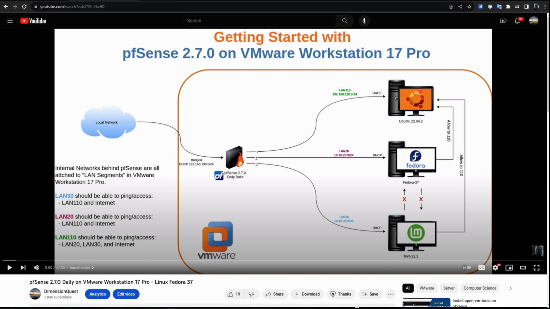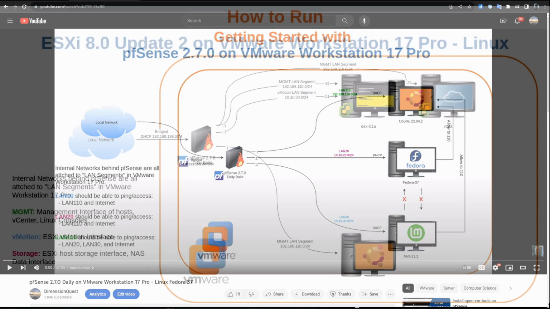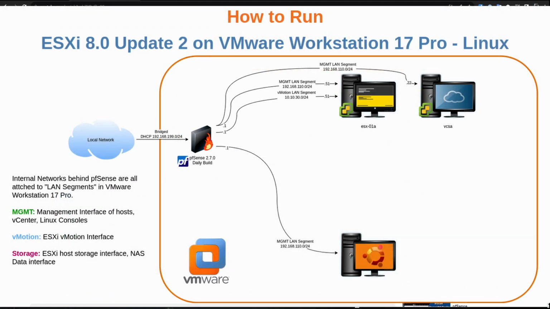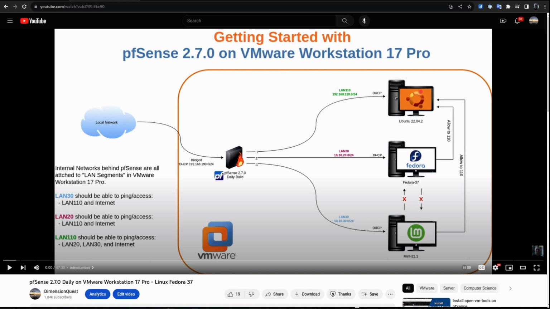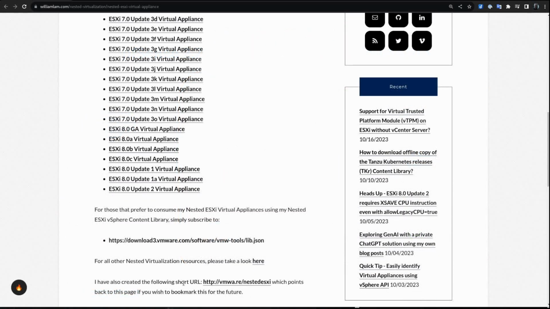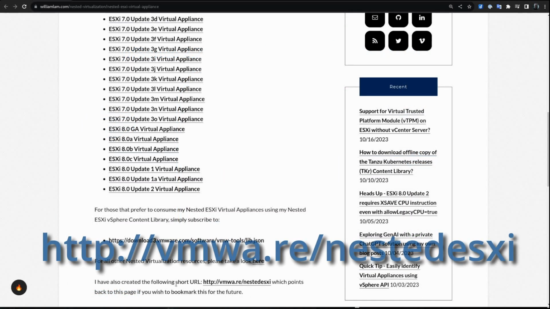So now I'm going to take another step in the direction of actually having this as a home lab under VMware Workstation by adding an ESXi VM to this environment. Now, this is commonly referred to as a nested ESX server, which William Lam happens to be the go-to guy for most things nested. So if we take a look at his website, there's a particular article here that has